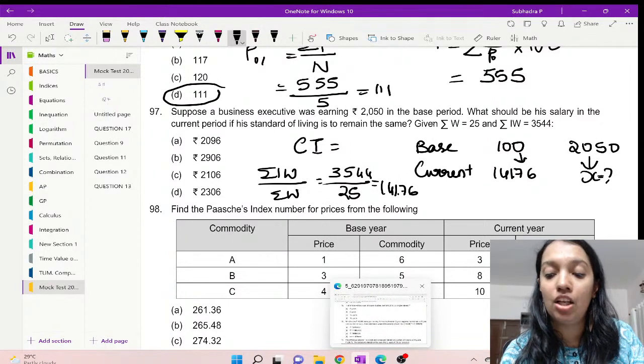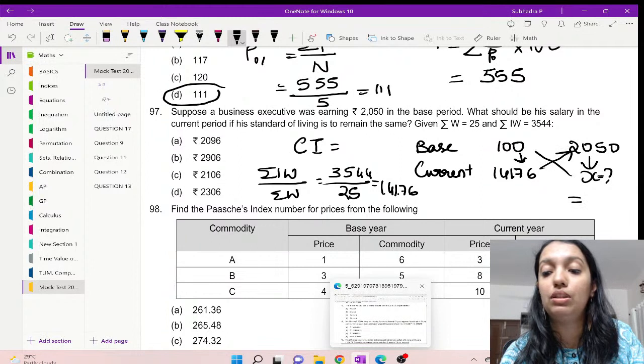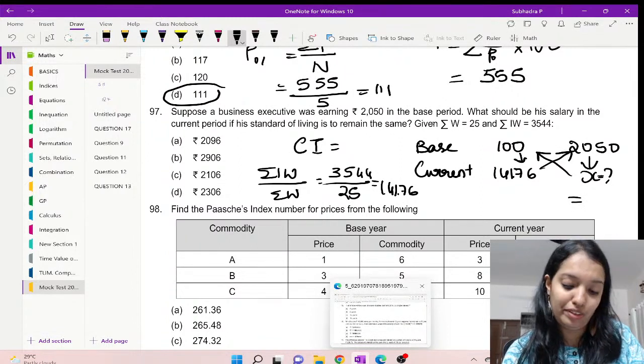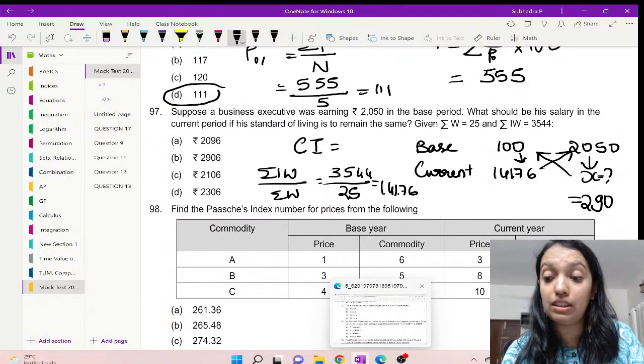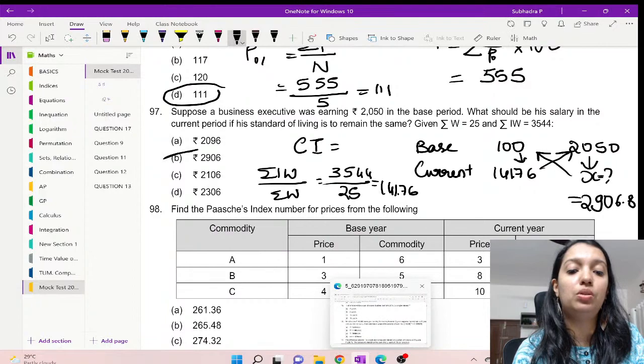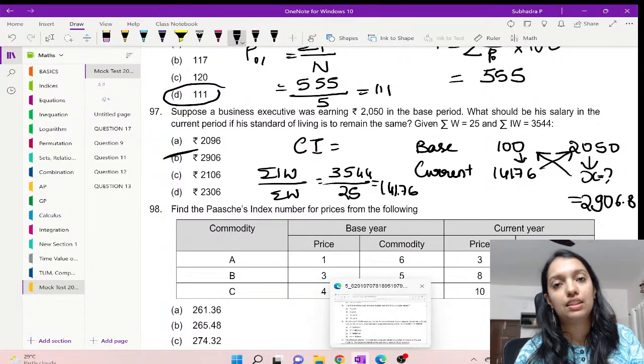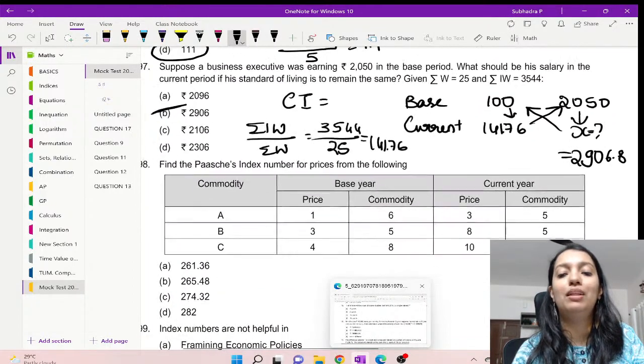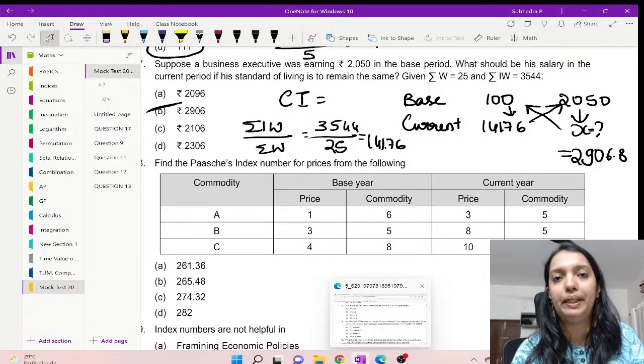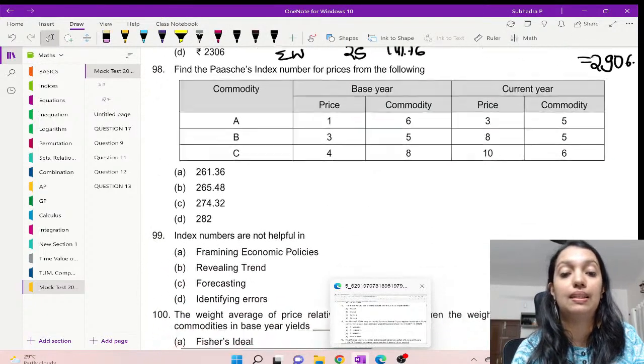Take this as x. So how do you have to do it? Cross multiply this into this divided by 100. You will get 2906.8, which is 2906 rupees. This is most probably covered in your economics paper rather than in mathematics. Next,